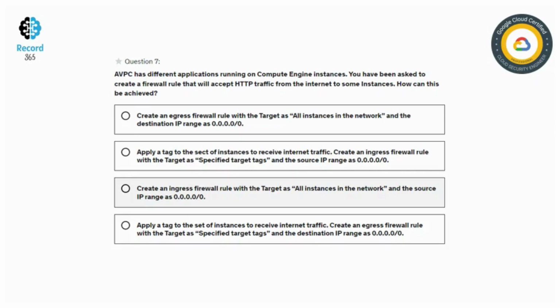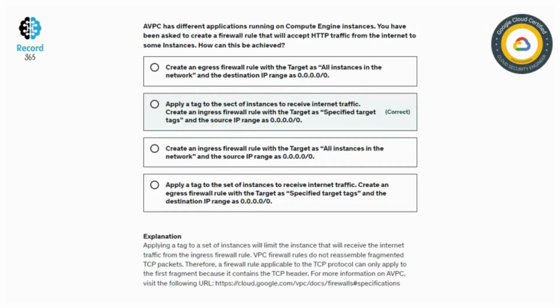And the right answer is apply a tag to the set of instances to receive internet traffic and create an ingress firewall rule with the target as the specified target tags and the source IP range as 0.0.0.0/0. And the explanation is